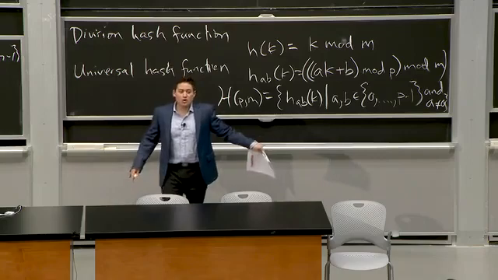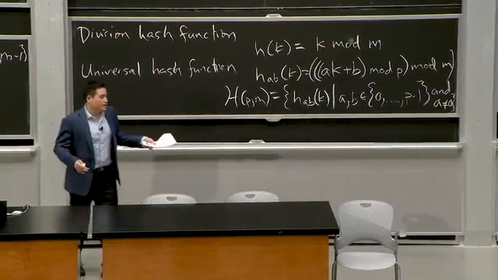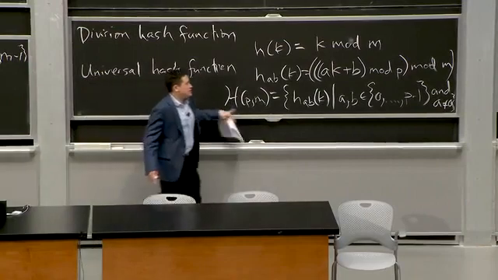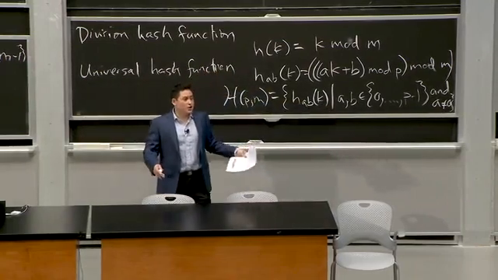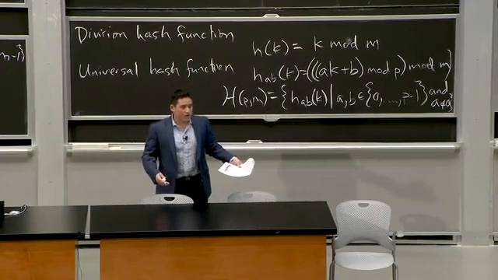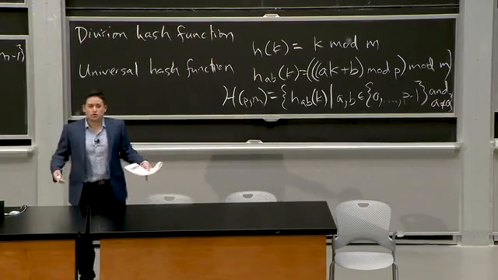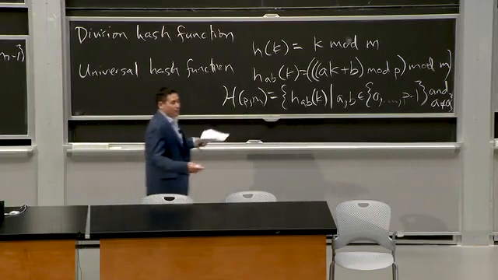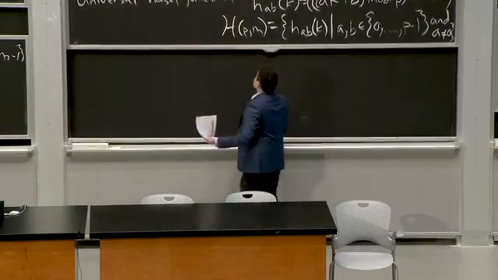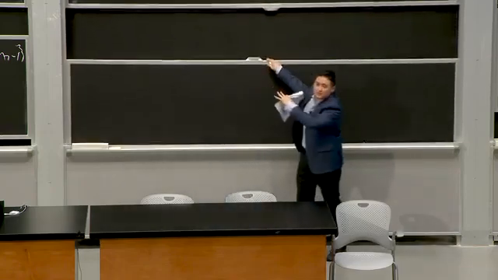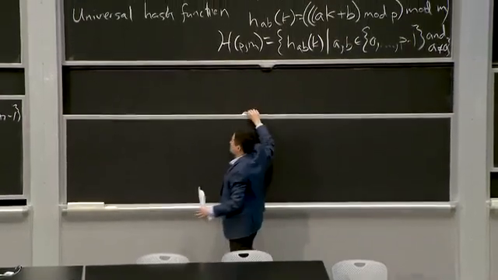So when I start up my program, I'm going to instantiate this with some random a and b, not deterministically. The user doesn't know which a and b I picked, so it's really hard for them to give me a bad example. And this universal hash family, really a family of functions, where I'm choosing one randomly within that family,